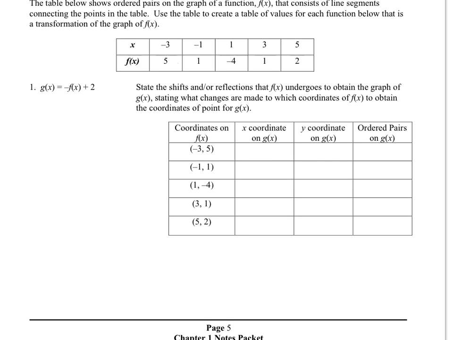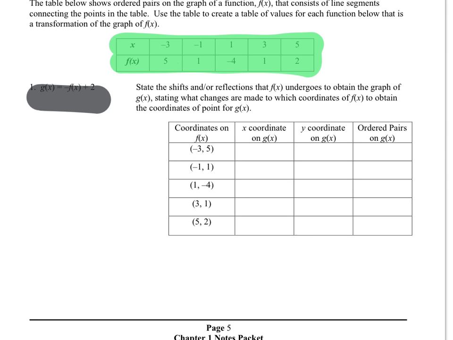So, let's say we have this function up here. It's f of x, and its domain is just -3, -1, 1, 3, and 5. We don't connect the dots or anything like that. These aren't lines connecting these points. These are the values that you input, and the outputs would be 5, 1, -4, 1, and 2. That's it. So what happens if we decide to make g of x